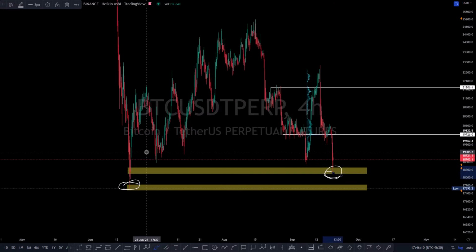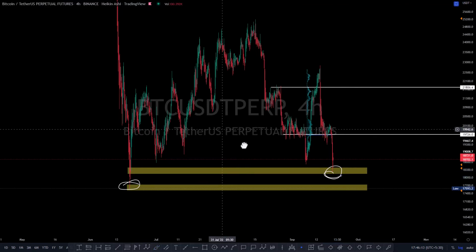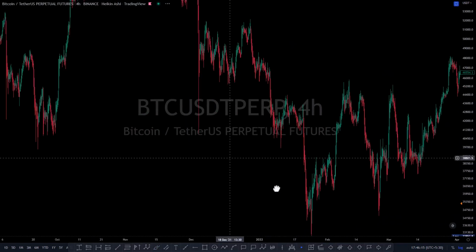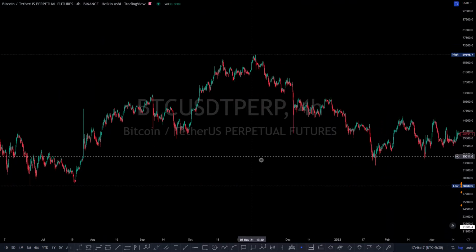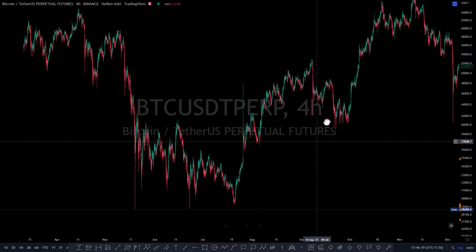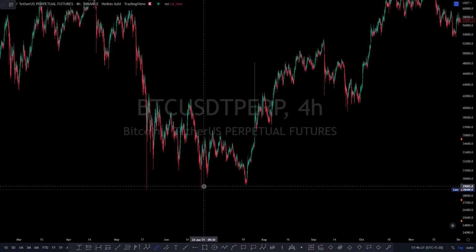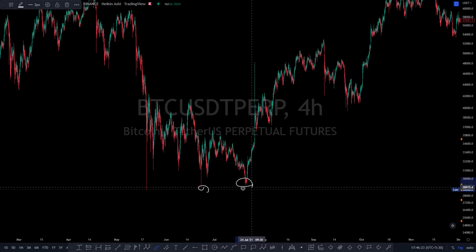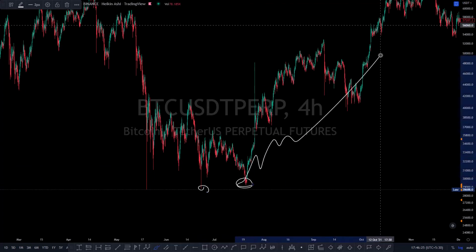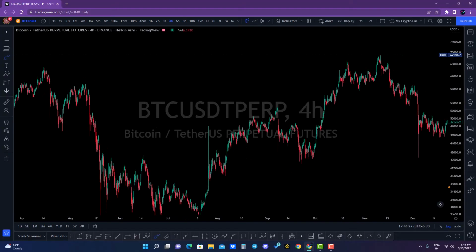If you look at the last bull market, the same thing happened. You can go and look it up for yourself, but you can see that we never put in a lower low from this low. Okay, we just came and tapped the area and then we went up. Okay, so this is my logic, guys. This is what I am seeing.